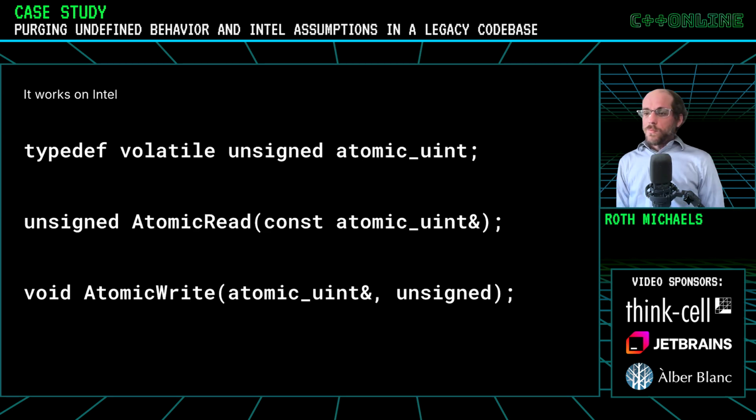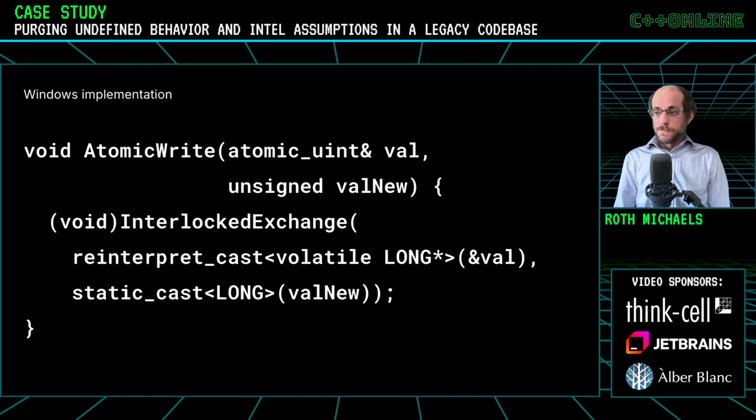So, I want to also show you some undefined behavior that we found in our own code base. This is kind of the story of the Intel assumptions and things that work on Intel. We used to have some code in our code base, and this predates the C++ memory model for dealing with atomic values, synchronization and multi-threading. So you kind of had to follow the rules of the platform. We had a type we called unsigned uint that was a volatile unsigned, and special functions that had different implementations on Mac OS and Windows for reading and writing that value.